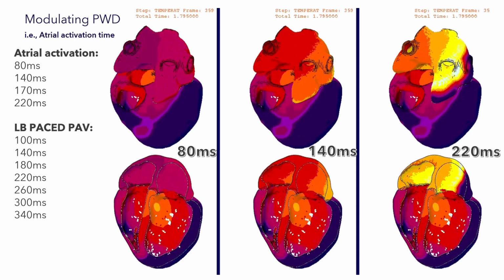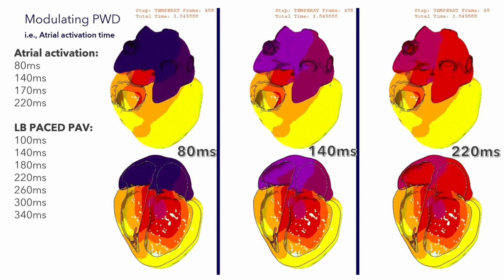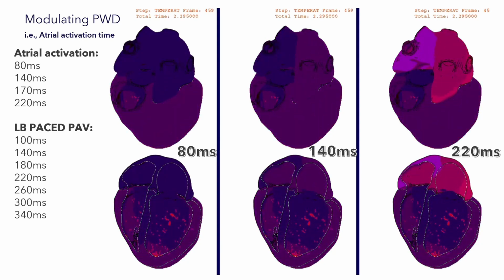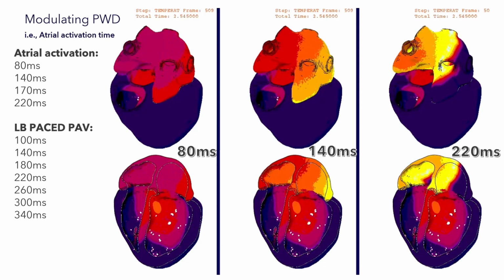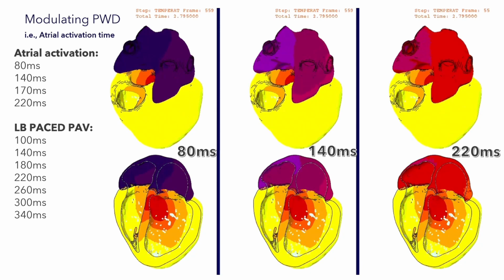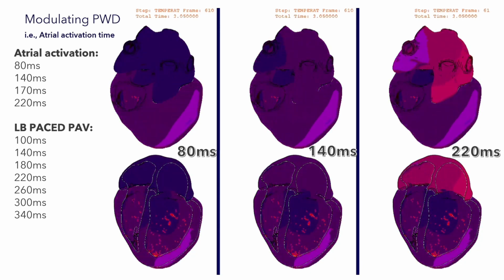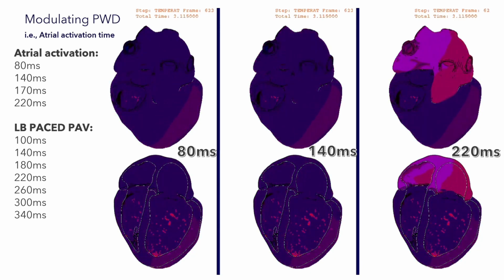So you're seeing different cases of different P wave durations, 80 milliseconds on the far left, up to 220 milliseconds on the far right. The ventricular activations are a little distracting, but they're the same throughout all cases. So for our experimental design, we looked at 4 different types of atrial activation speeds that resulted in 4 different P wave durations. And then we looked at left bundle pacing that was delayed from 100 milliseconds all the way